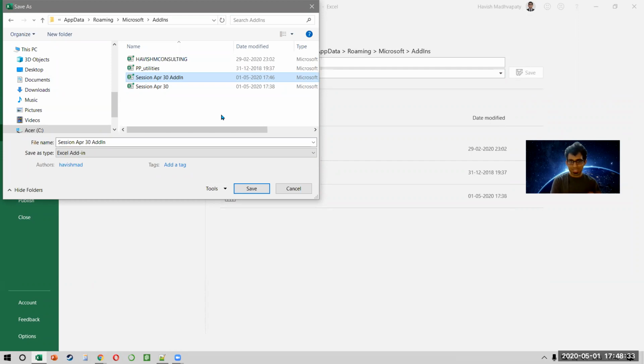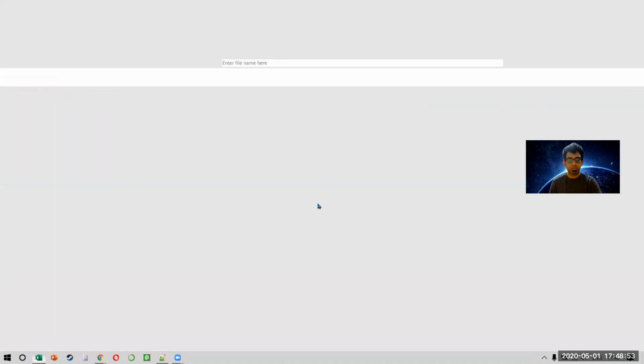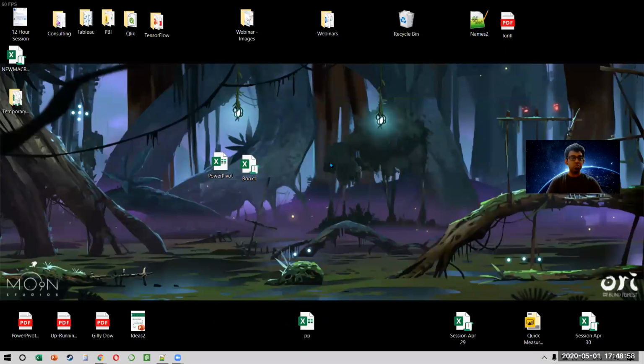You save it as an XLAM on your computer. You can send it to 500 other people, but you also have to tell the other 500 people how to use it. So you tell them that you open a blank Excel, you go to add-ins folder and just copy and paste the XLAM file inside it. And that way, they can also now start using the macros that you have created. Right? So this was the boring topic that I wanted to cover in terms of how do you share your macros with other people. So if you have any questions, you can ask me, and then we'll come to how to create a pivot table.